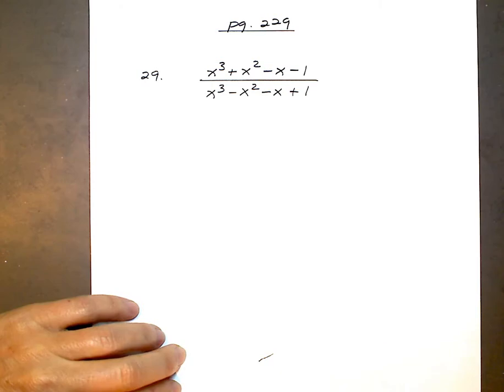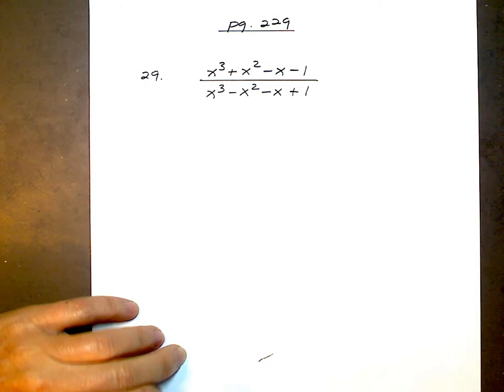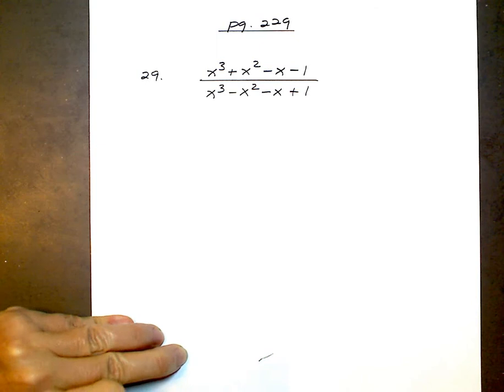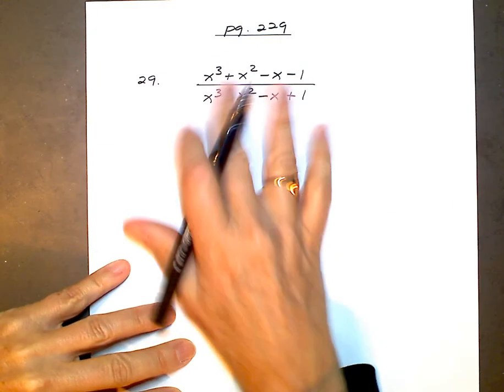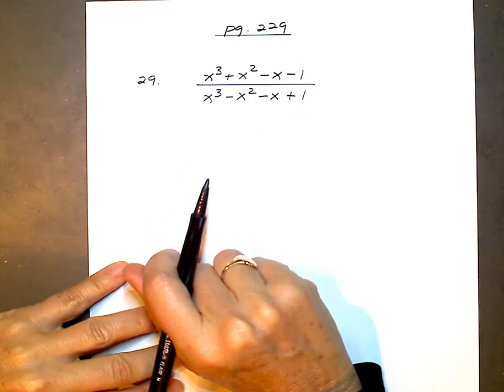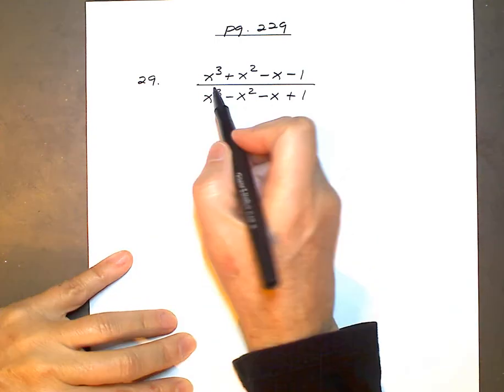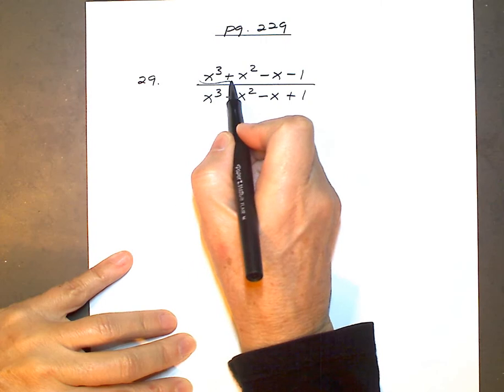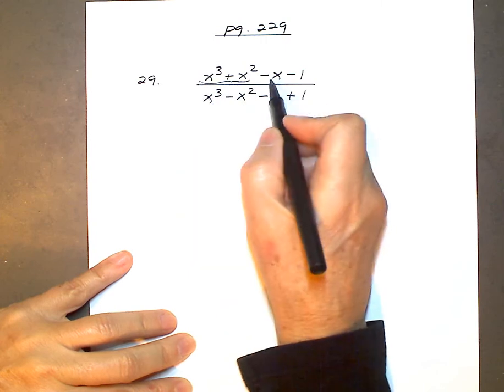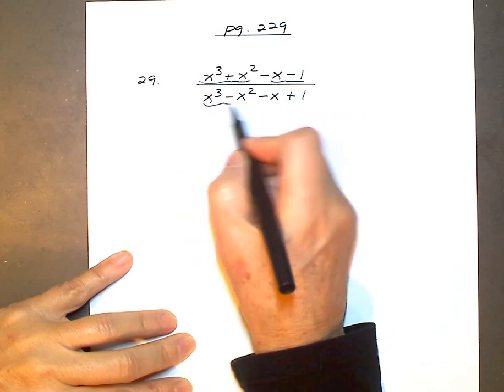Okay, on page 229, this is number 29, and it's a rational expression I have to simplify. And I notice there's 4 terms in both the numerator and denominator. So with 4 terms, we're going to try factoring by grouping. And I can see I have a common factor here, and we'll see about this with 2, if we try